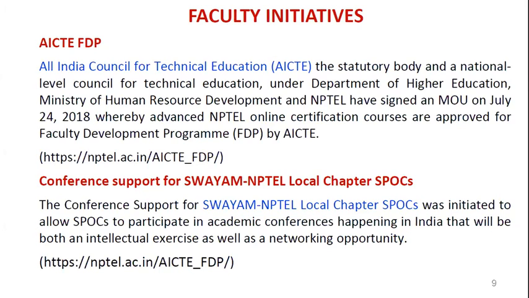For active local chapter, a minimum of 20 to 30 applicants need to clear the examination. Then you will be in active local chapter. If you don't satisfy the minimum condition, you won't be in active chapter. Every semester, NPTEL offers courses twice yearly. The first spell is January to April in any year, then the second spell is July to October.